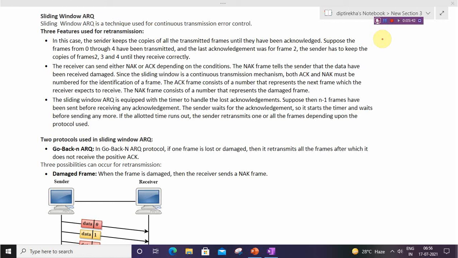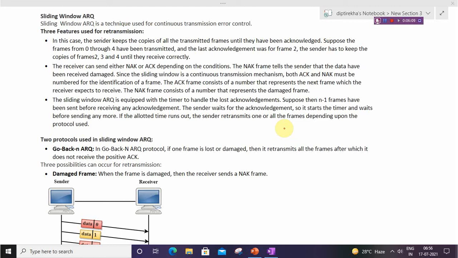So in sliding window, after sending the n minus 1 frame in the window, it starts the timer, and if the time runs out, the sender retransmits all the frames or one frame depending upon the respective protocol.